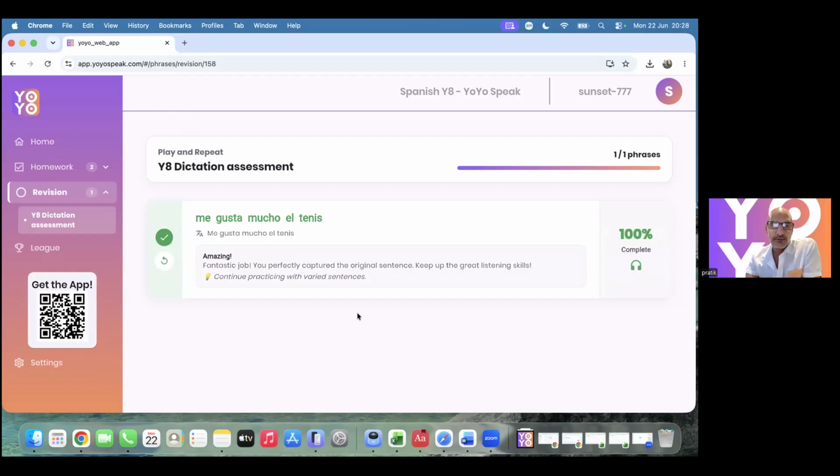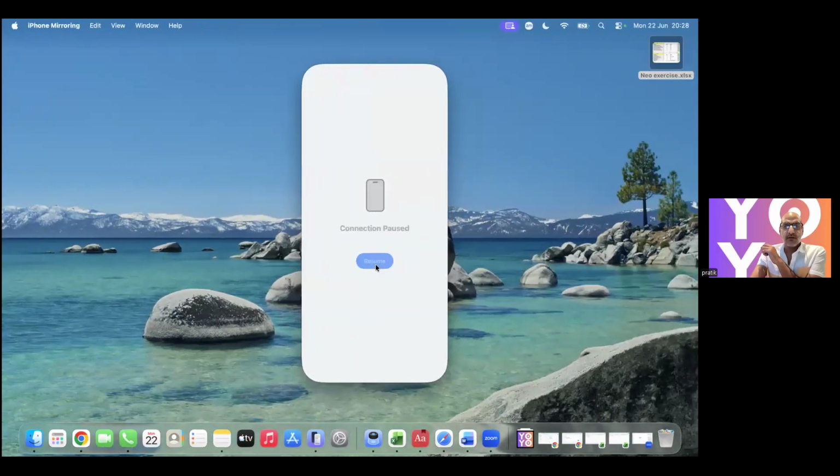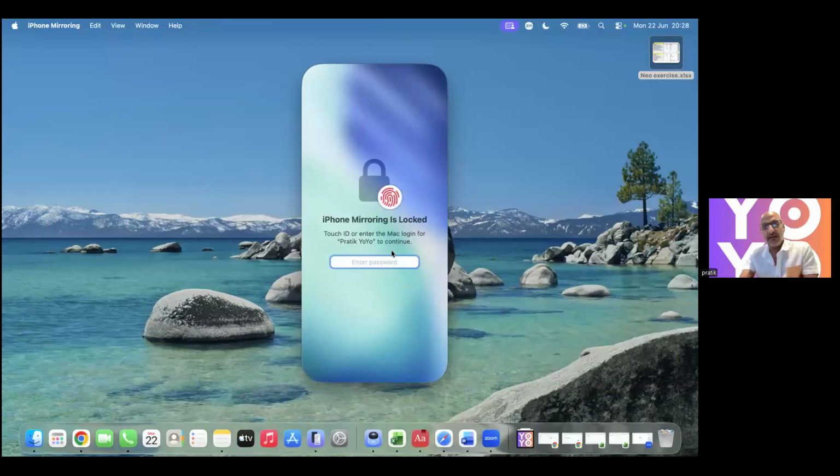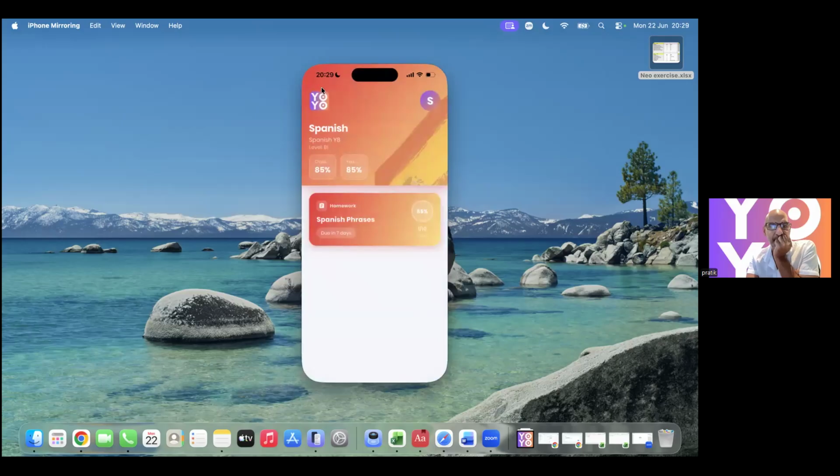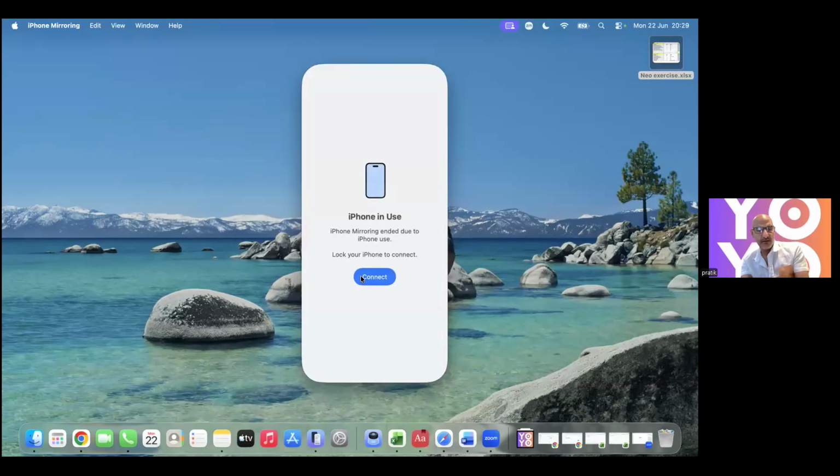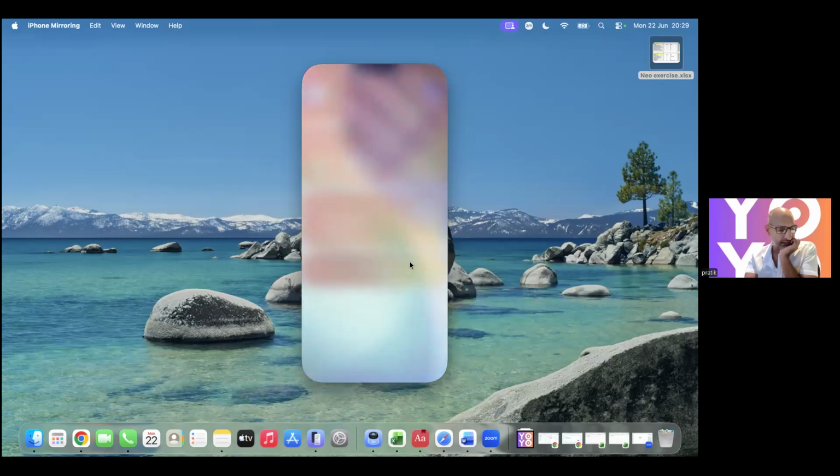There we go. So we have the dictation there, and then just so you can see it on the phone as well. So now that she goes in, she'll have the, let me reconnect to my phone. While it's doing that, shall I put another couple of questions to you, or do you want to carry on with this bit? No, please go for it. Is that okay? It's just connecting. It just syncs up.